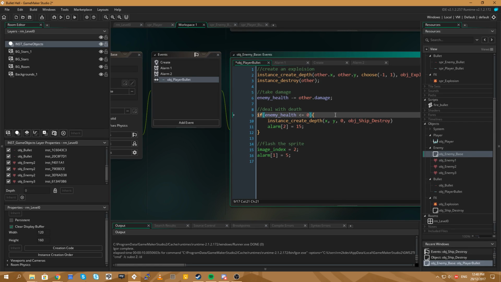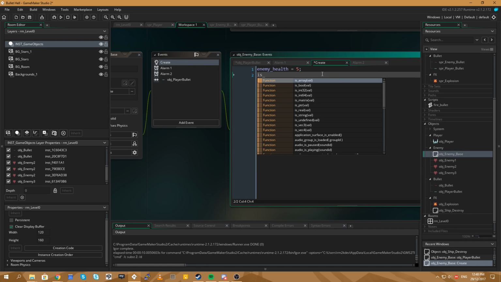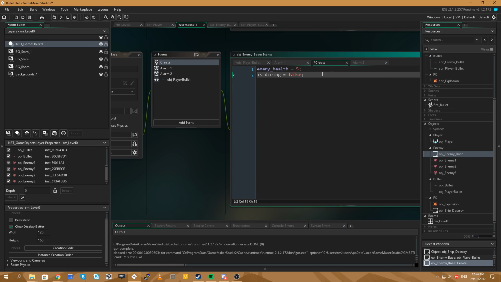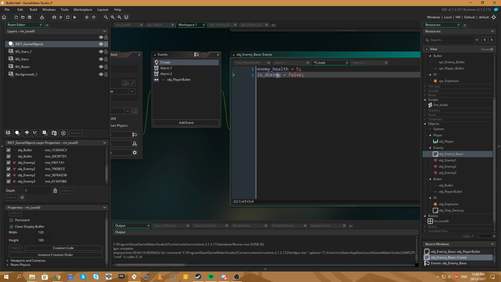So if the health is less than 0, create the destruction thing, set the timer. We'll just put something simple in here saying is dying equals false. We'll only trigger this if is dying is false. How do I spell that? Is dying.